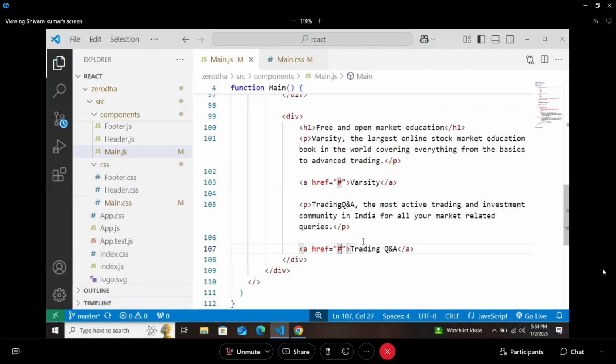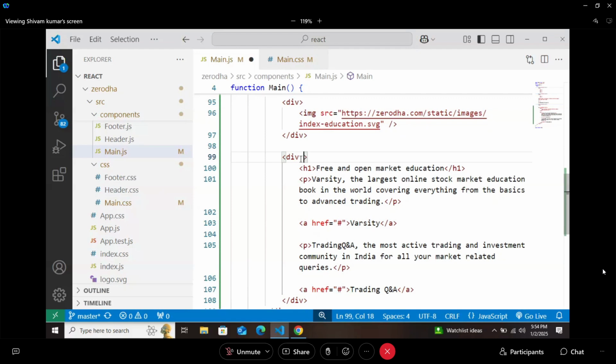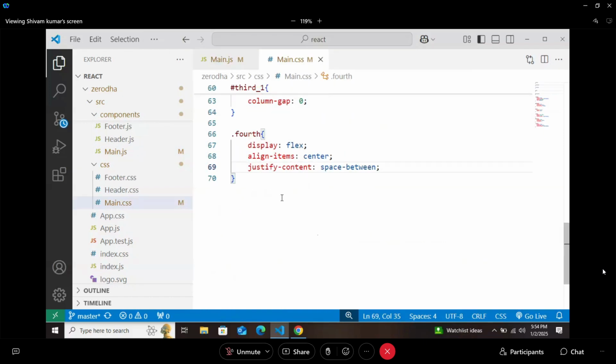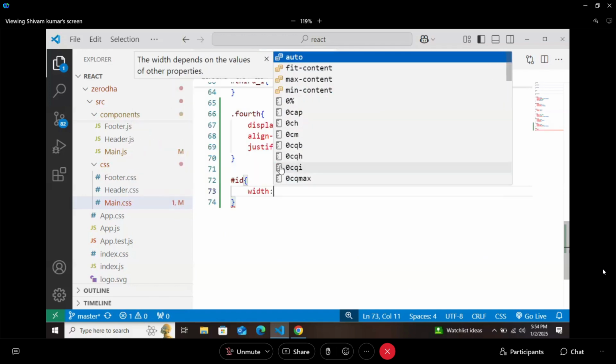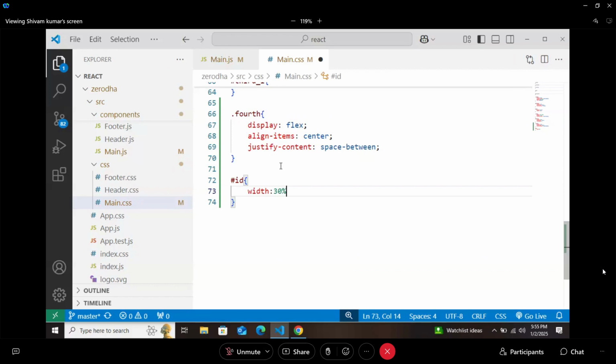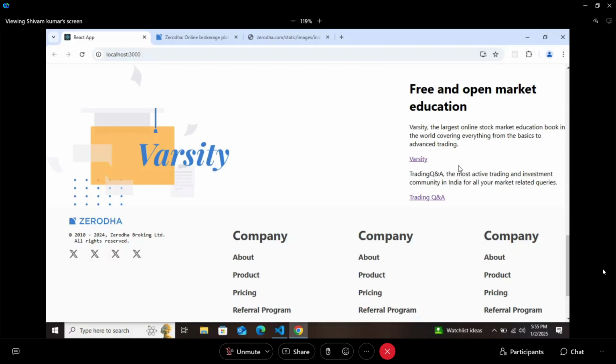So this container, let's give it an id as market, call it, width, decrease it, let's say 30%, right? If you are saying that width is 30%, this is how it will come now. It's changing.